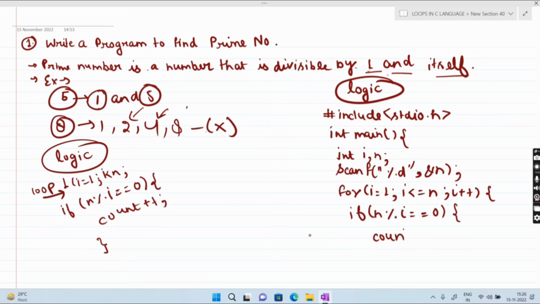So here we have to declare also a variable that is actually count. Count's initial value will be equal to 0. So we have to increase the value of counter variable. Now we have to next check the condition. If count